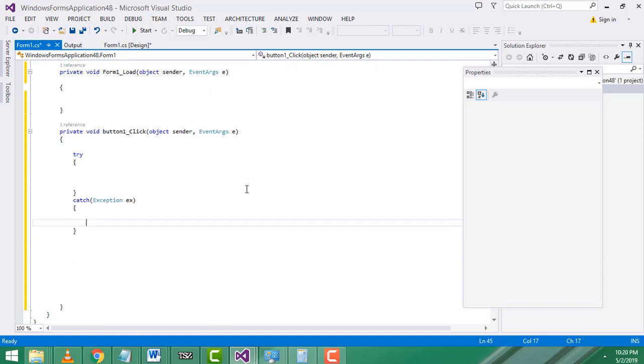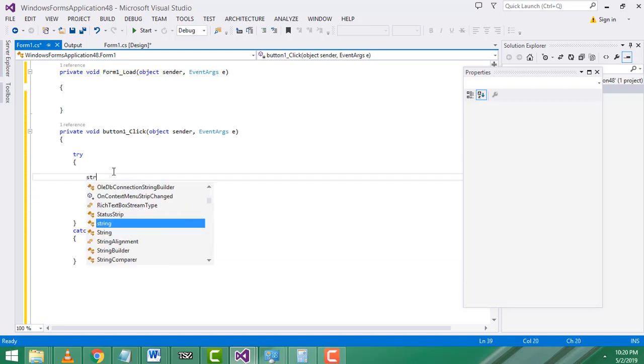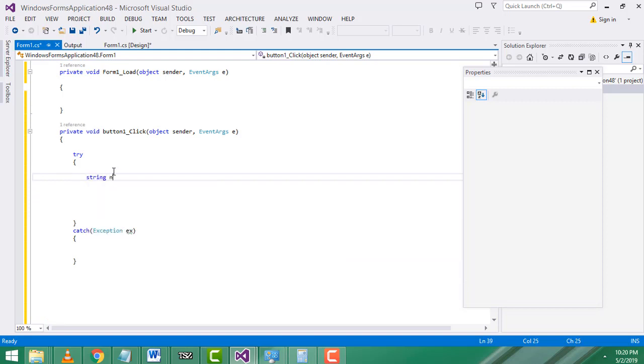Now here in try, we have to write the code. First I am creating the variables: string name, course, fee. All are defined as string data types, because I am not going to calculate any values, I just save the things only. If I am going to calculate the value, we have to write it as an int. I am not going to convert anything else. We just write like this,